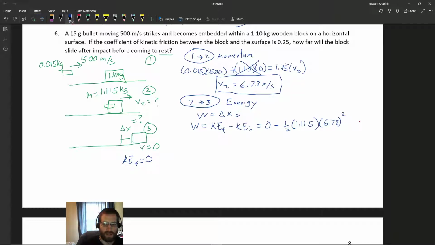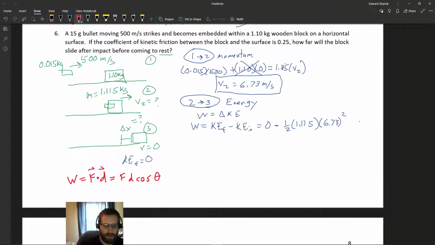Now, what's the left-hand side of the equation? Remember that work we defined as F dot D, force dotted with displacement, or delta x, which can be written as a vector dot product or F times D times cosine of theta. In this case,